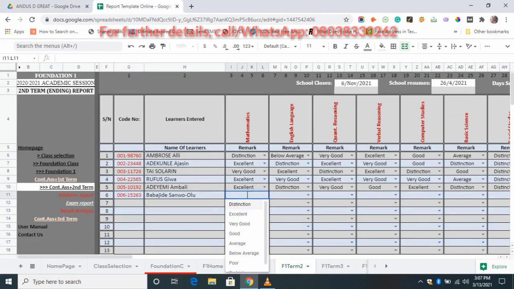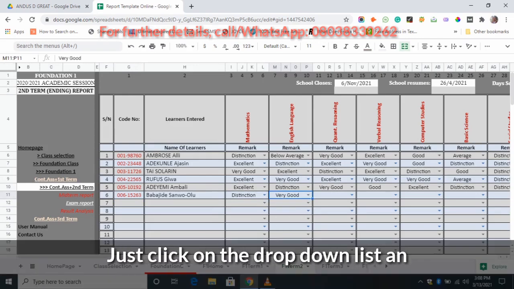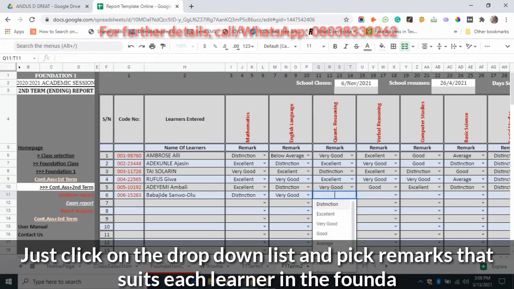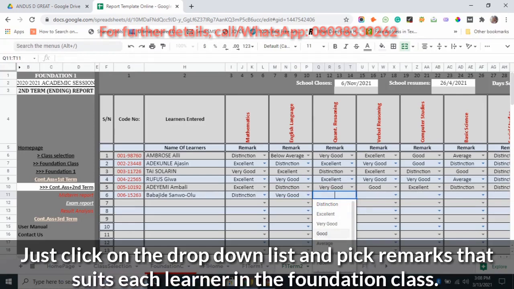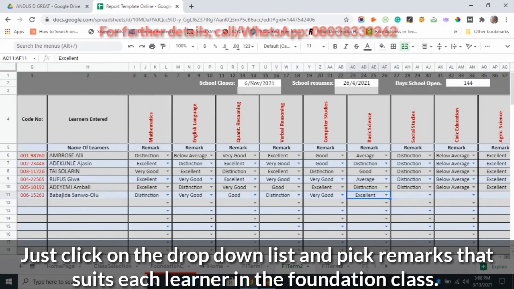Though the foundation class is a bit different because we don't enter scores for foundation class, we just give remarks. So I can just pick excellent, distinction, as you are seeing. You don't need to type, you just pick from the drop down menu. It has been done for you, the label has been done already by the program. So your own is just to click on the drop down bar, then you pick an option that suits a